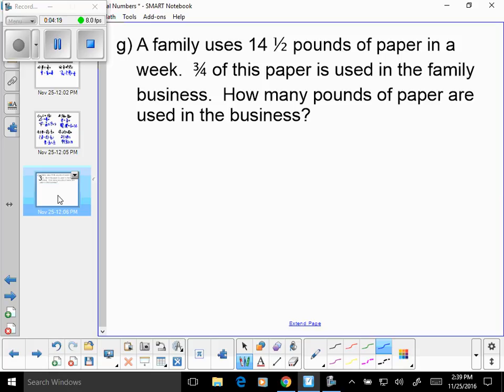Yes, this is where I'm going to get a little bit of a story problem. A family uses 4.5 pounds of paper in a week. 3/4 of this paper, meaning the 4.5 pounds. In this case, this of, if they tell you 1/2 of, 1/3 of, 2/3 of, 3/4 of, 5/6 of, they mean to multiply. So you are going to take 3/4 times 14 and 1/2, which is 3/4 times